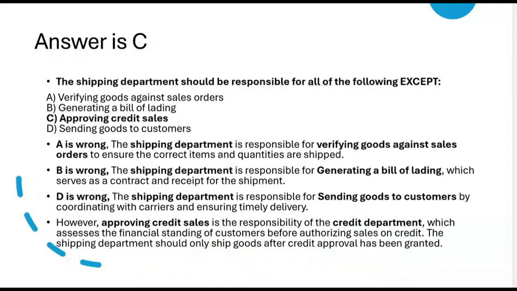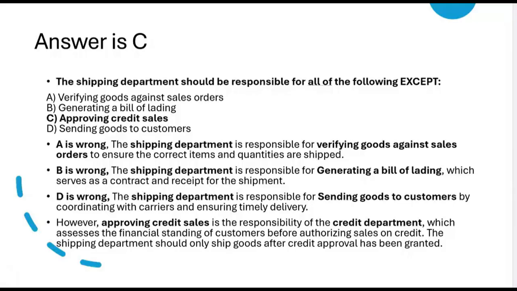A is wrong. The shipping department is responsible for verifying goods against sales orders to ensure the correct items and quantities are shipped. B is wrong. The shipping department is responsible for generating a bill of lading, which serves as a contract and receipt for the shipment. And D is wrong. The shipping department is responsible for sending goods to customers by coordinating with carriers and ensuring timely delivery. The question asked, the shipping department should be responsible for all of the following except, and the answer is C,